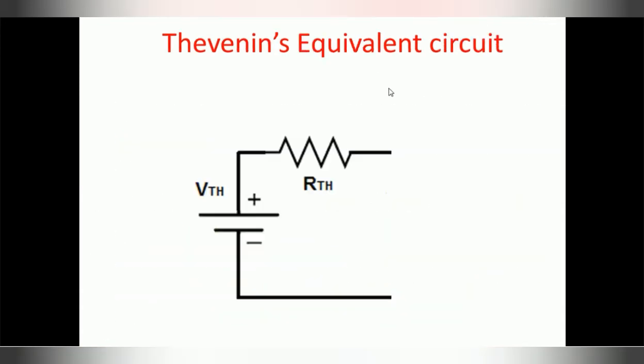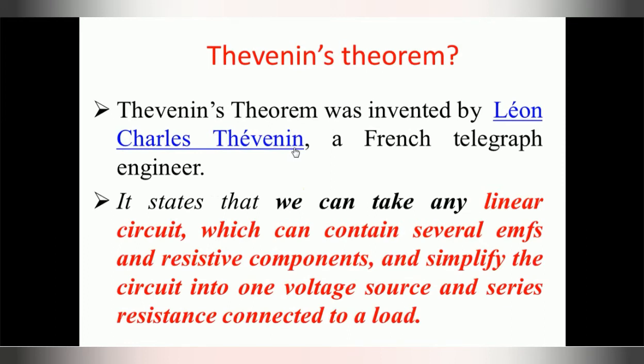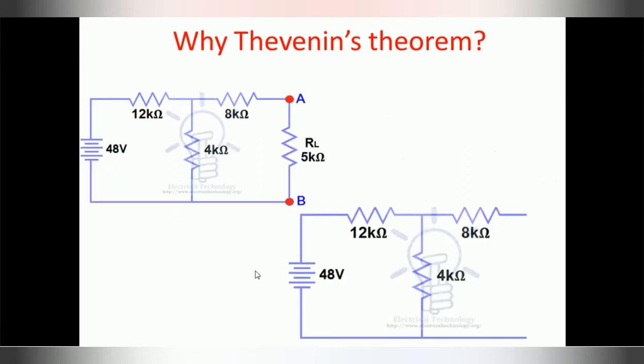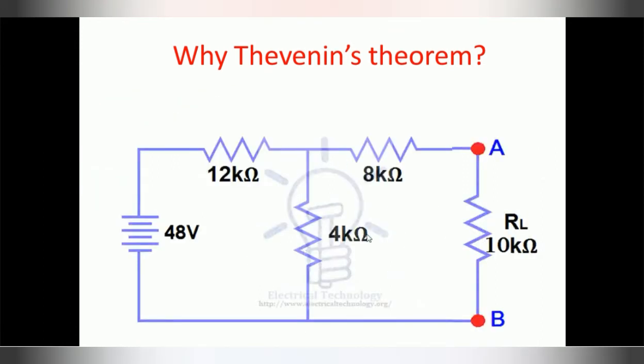This Thevenin's theorem was invented by Léon Charles Thévenin, a French telegraph engineer. The theorem states that any linear circuit, so this theorem is only applicable to linear circuits, not non-linear circuits, that may contain several EMFs and resistive components, such as this complicated network, instead of having only one voltage source, having more voltage sources and more resistances,